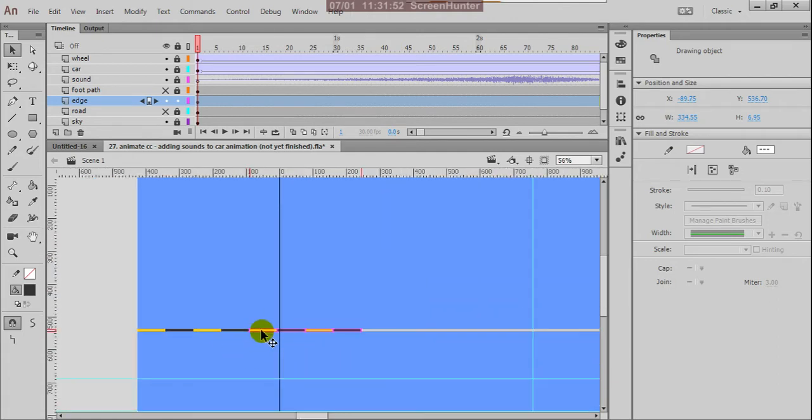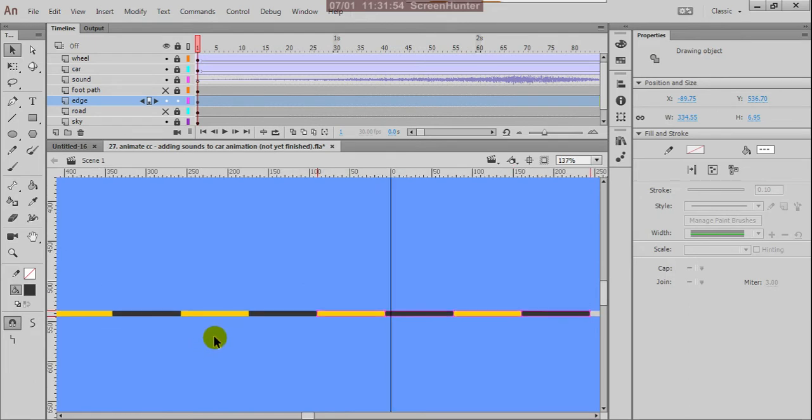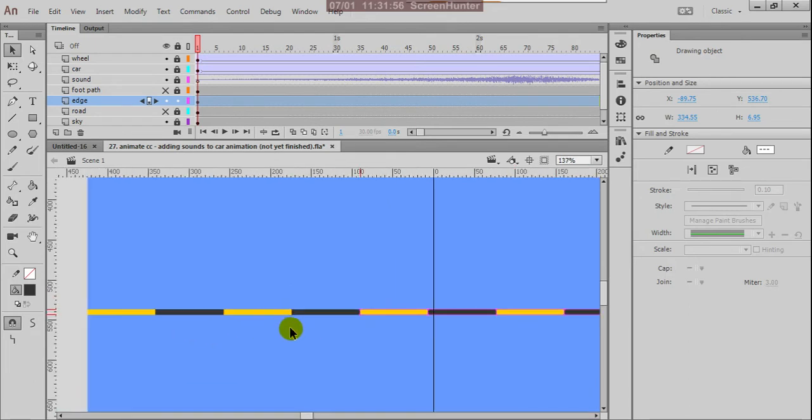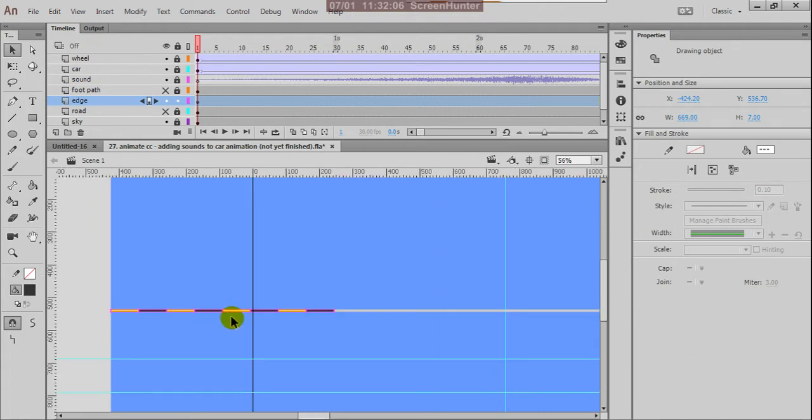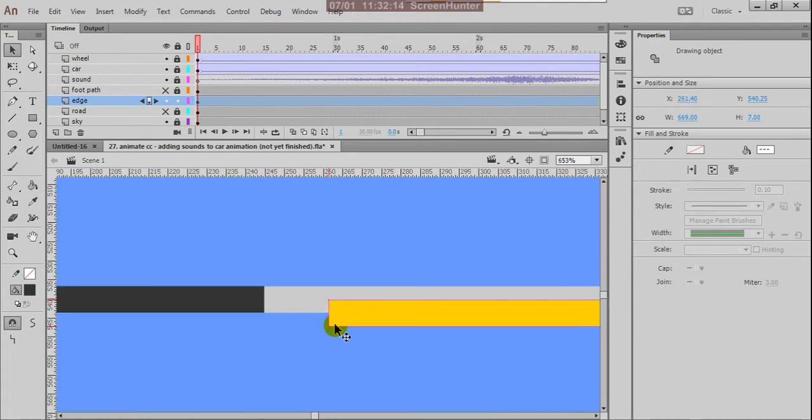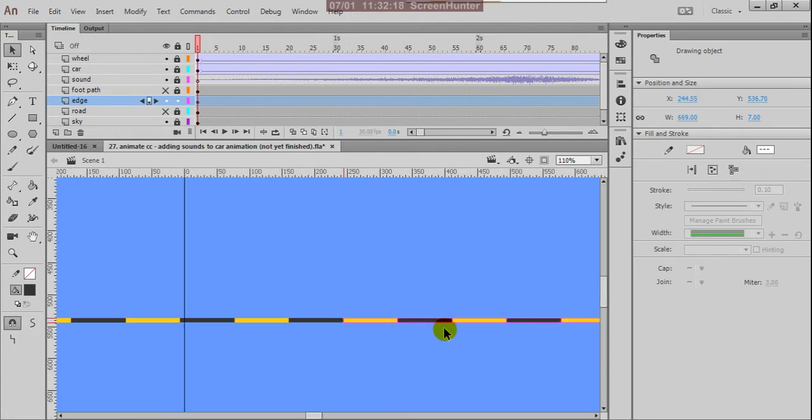Good. Again the same way you can copy this. Press Alt and drag so that it will copy. Perfect.